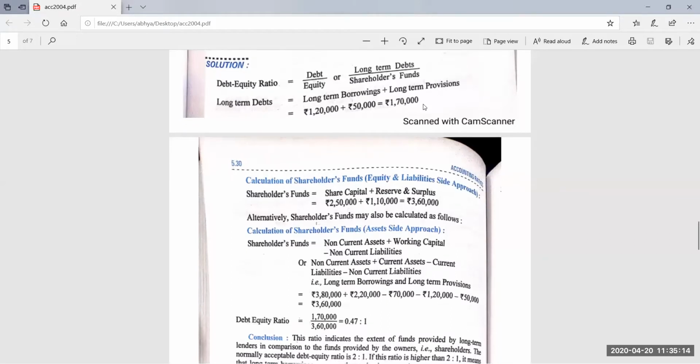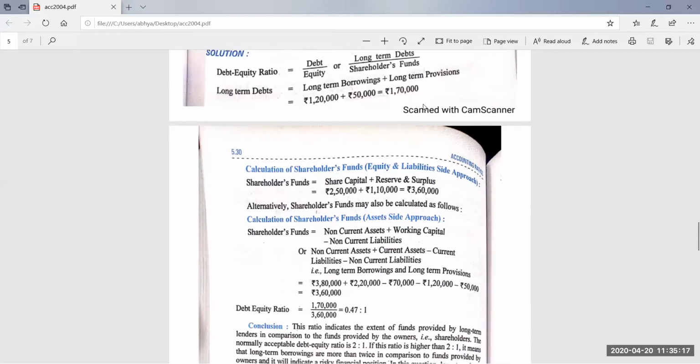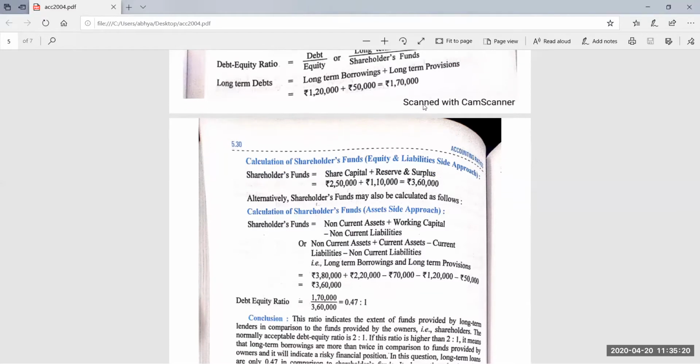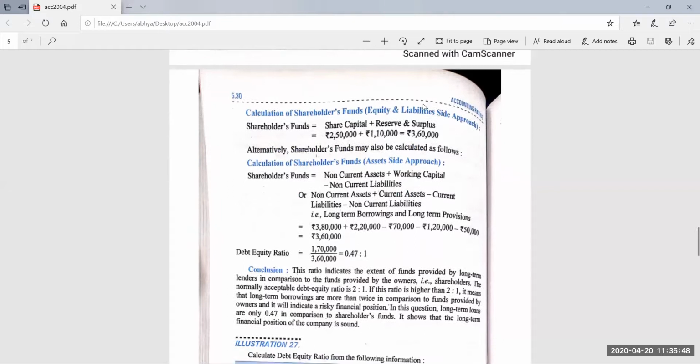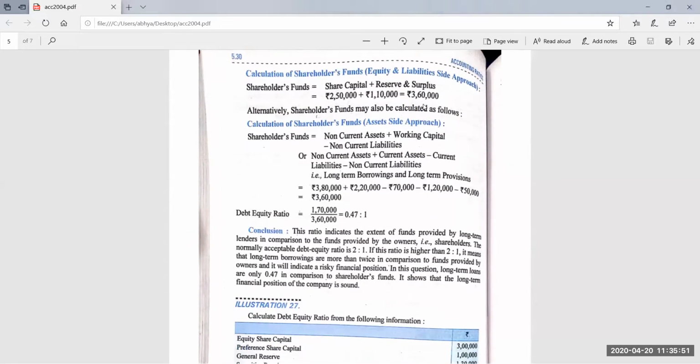Very good. Every time I told you that you have to find out the answer up to 2 decimal. Here we are not having much time, so just find the answer up to 1 decimal place only. In exams, you can find out the answer up to 2 decimal places. And I told you earlier that in calculating the figures, you can use different formulas. In the solution, you can see that another alternate method is also given. The manner will be decided by you, in which manner you want to do the question. So the ratio is 0.47 is to 1.